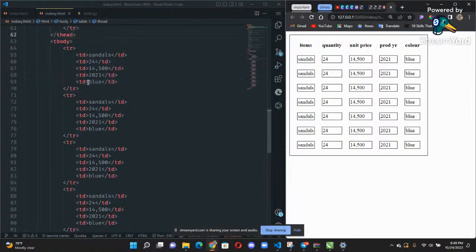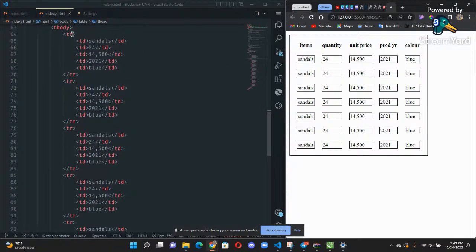As you go down, see the tr. I said before that every row, from here to here, is a row. Every row must start and end with the opening and closing tag of the tr.